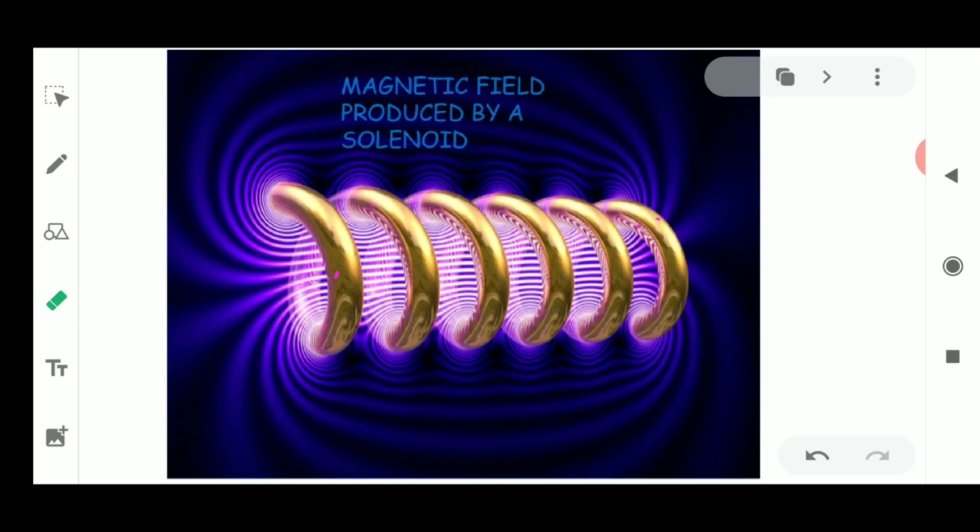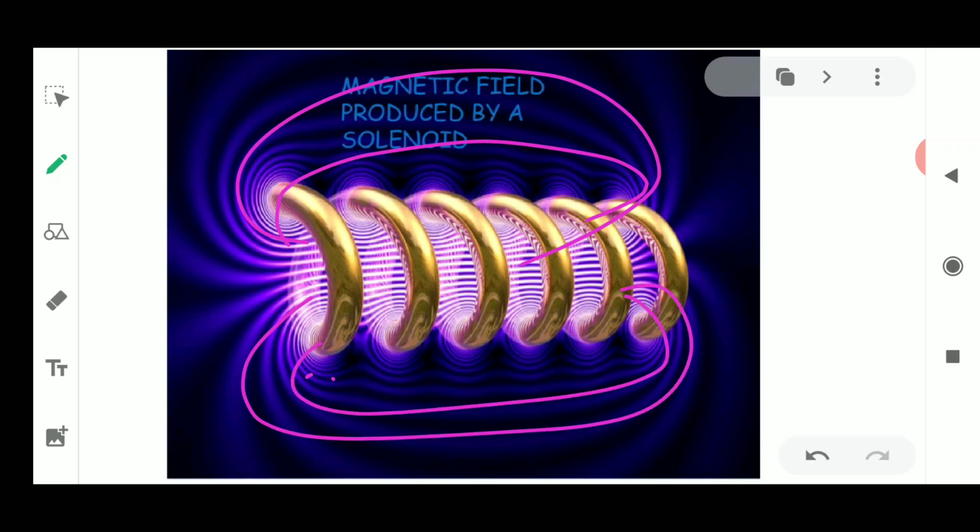Okay, please remember what a solenoid is. A solenoid is an instrument which is made with the help of a number of coils, turning the coils of a conductor. This is the picture of a solenoid. As soon as you pass current through this solenoid, what will happen? You will see a magnetic field around it. The area shown here in pink, purple, and blue is also showing you the magnetic field around a solenoid. So let us see the magnetic field which is produced by a solenoid in detail.